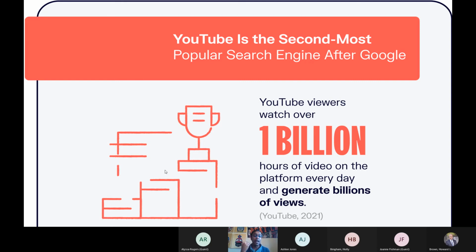So as mentioned, that means more than 2.3 billion users, equivalently about 1/3 of all internet users on the planet, are using this platform at least once per month to watch videos, but they are also using this platform in the same way that they operate on Google, and that's to search things that they are looking for.